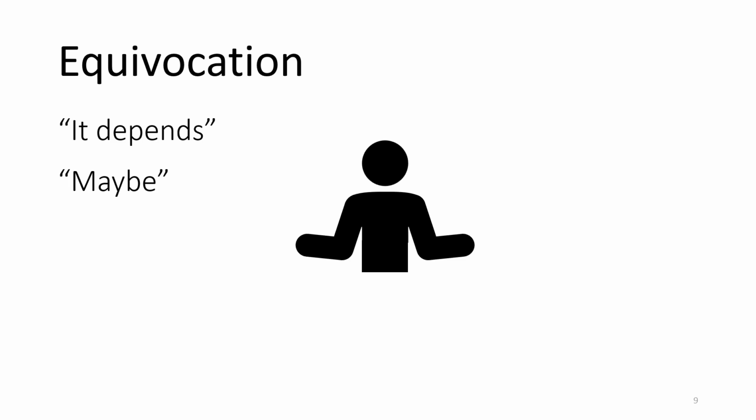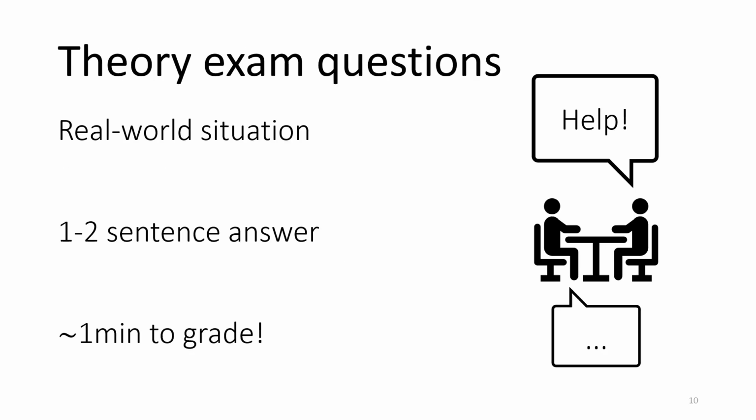Next, one habit we had to break is students tend to not be sure about themselves when they answer and think that maybe if they say, well, it depends, there are reasons to think yes, there are reasons to think no, then they will get the points on the exam because we will say, oh, well, okay, you used the right words there. But of course, in real life, that's not how this works. If you ask a colleague about their opinion on a problem, you don't want them to just say, maybe, maybe not. And so to help deal with this, the questions in the theory exam were about real-world situations.